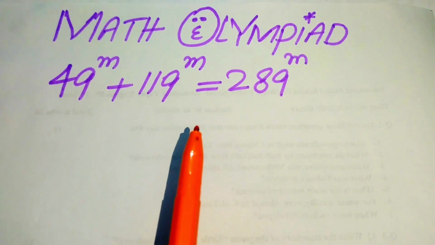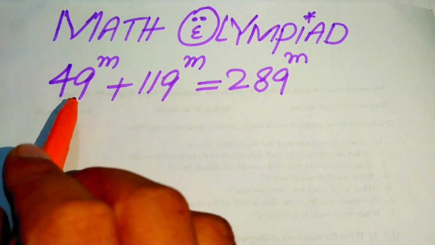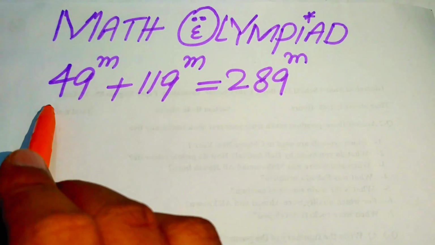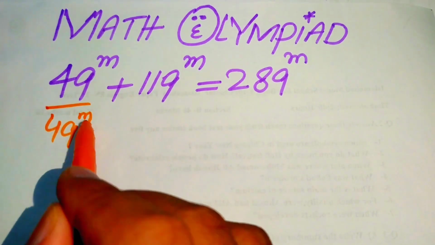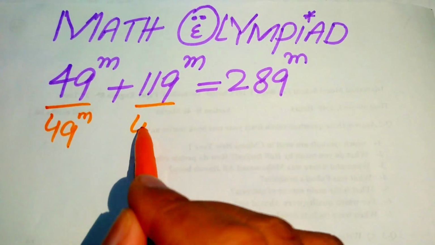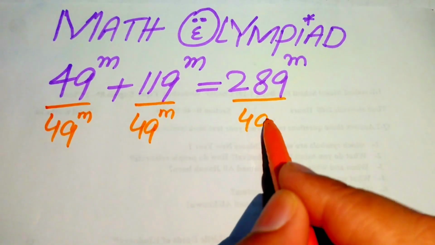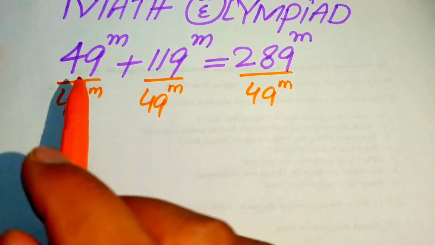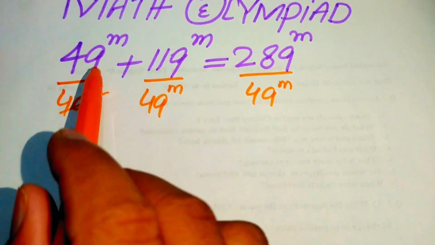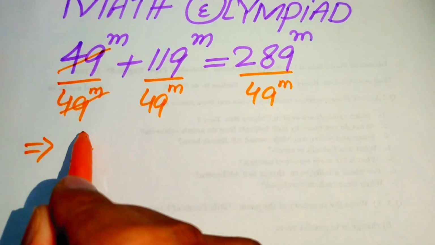The very first step we are going to do is divide both sides by 49 to the power of m. If we divide both sides by 49 to the power of m, it means we divide each term by 49 to the power of m in this form. Now in the next step we need some simplification. On the left hand side you see that these cancel each other and we obtain only 1,